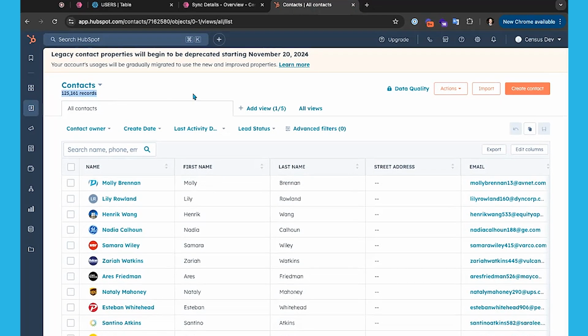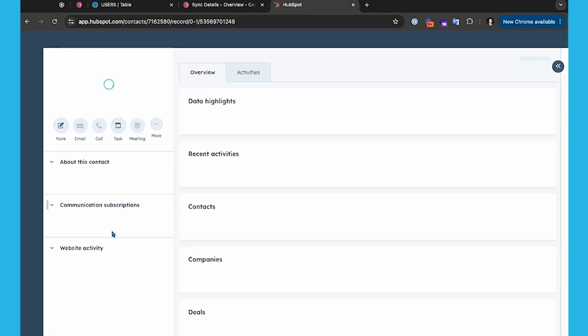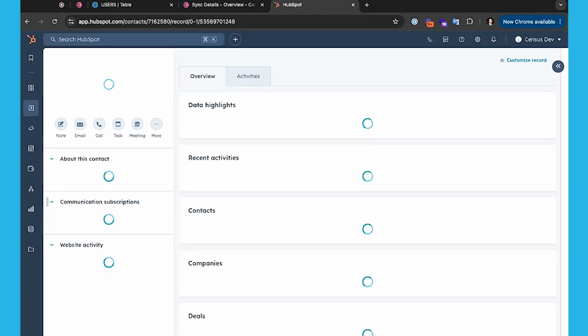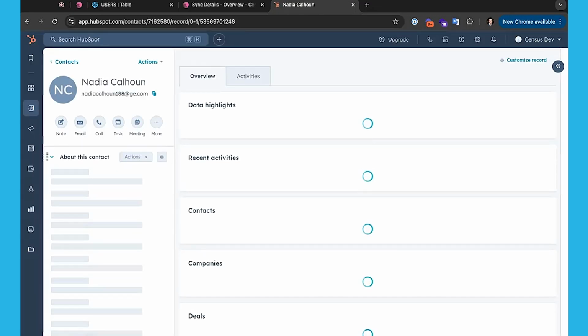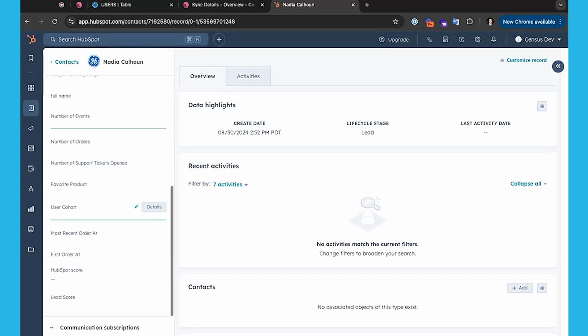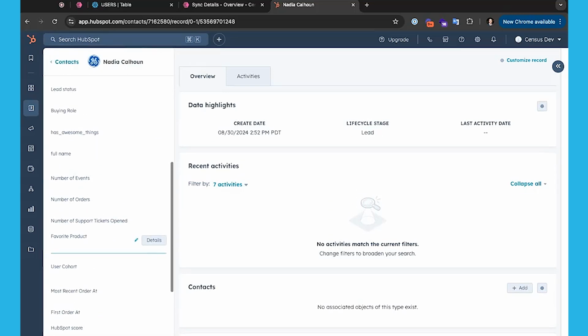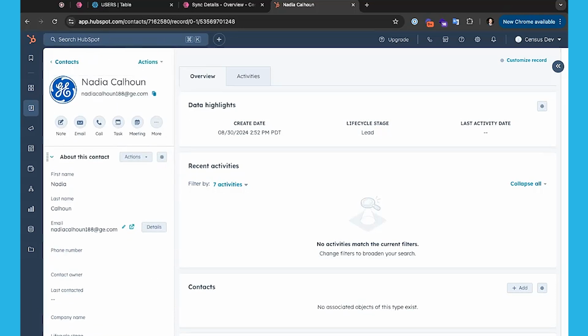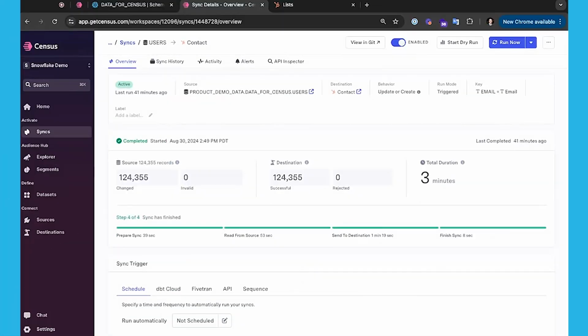And voila, you can see that these records have been updated, and we can see that there's a number of different pieces of information that have been updated within HubSpot, such as first name, last name, email. We should even see a state in here somewhere. Great, so this is the first use case, and next we'll be moving on to activating targeted audiences for marketing personalization. All right, let's move on to our next use case where we're going to be activating targeted audiences for